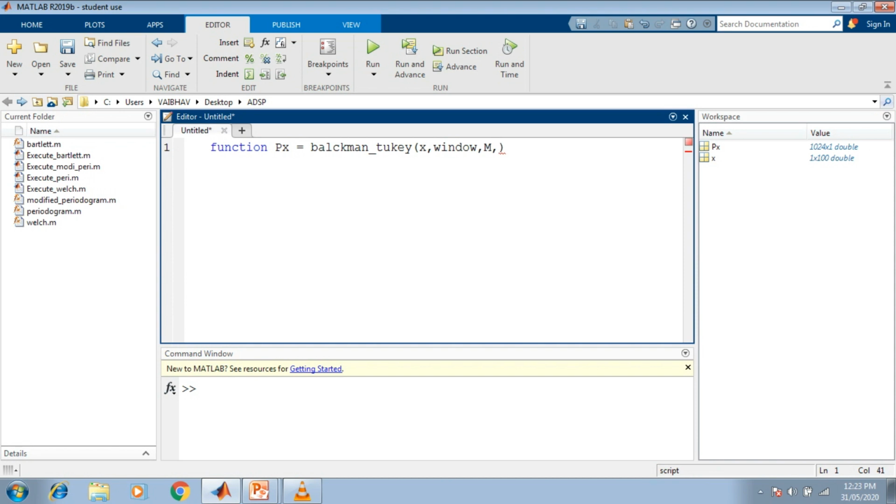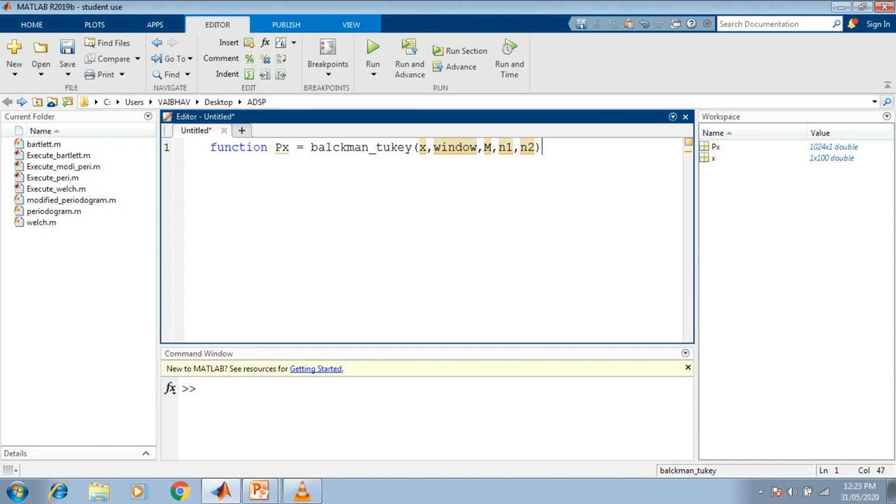And next to that, we can also use this Blackman-Tukey approach for spectral estimation for a specific range of the data samples given in the input discrete time random process. Thereupon we can have the starting index denoted by n1 and the ending index denoted by n2. So these two indices had the same notations in the previous techniques also.